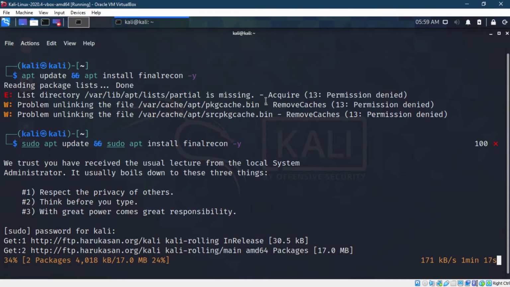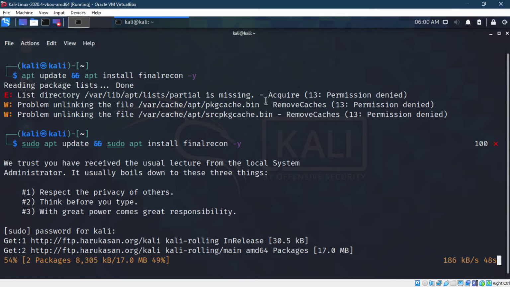Usually if you try to run that tool from anywhere, it will give you an error saying there is no configuration file. Actually you don't have to write anything inside the configuration file, you just have to make Final Recon see it. Okay, that's very simple. Like I said, go to that location, /usr/share/finalrecon, and the configuration file will be there, so you can run the command without any problems.